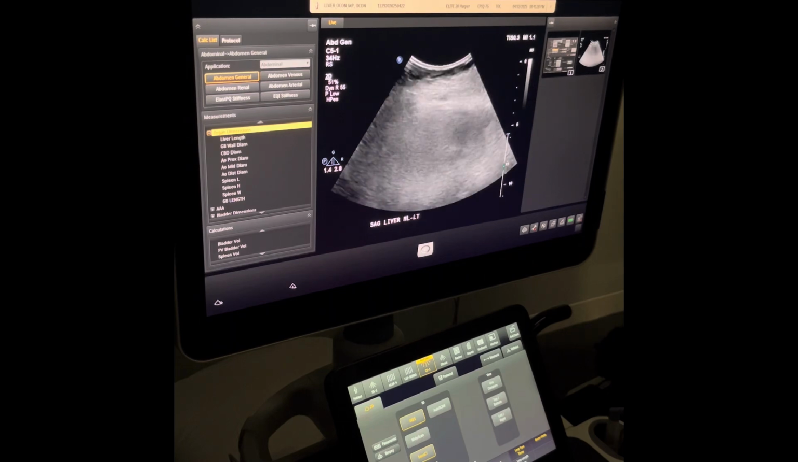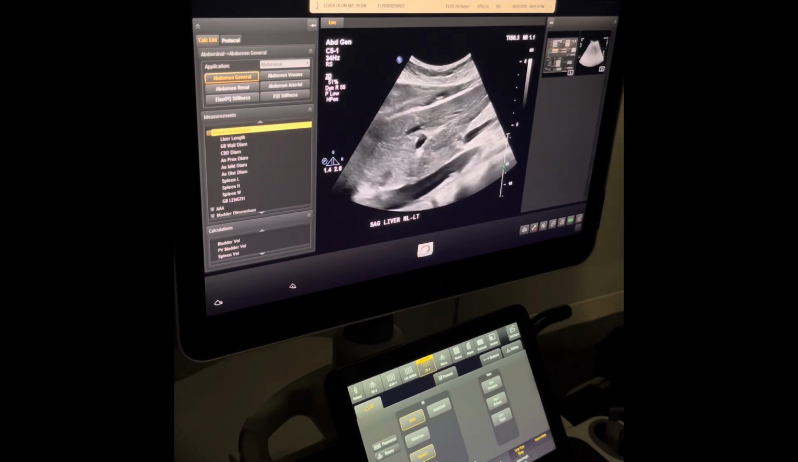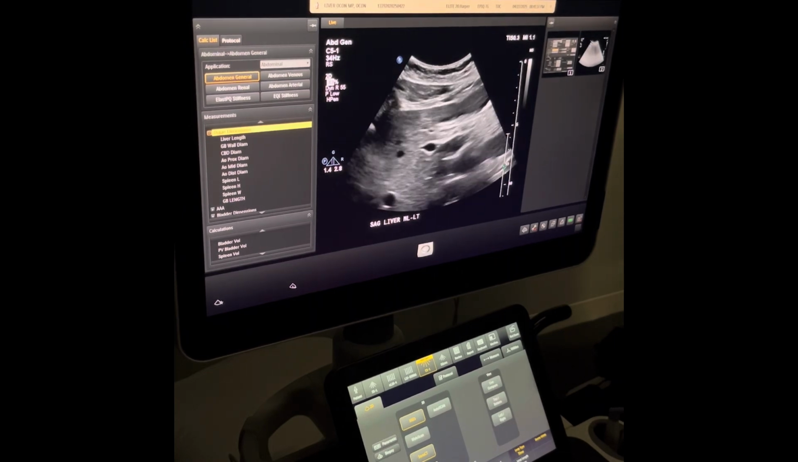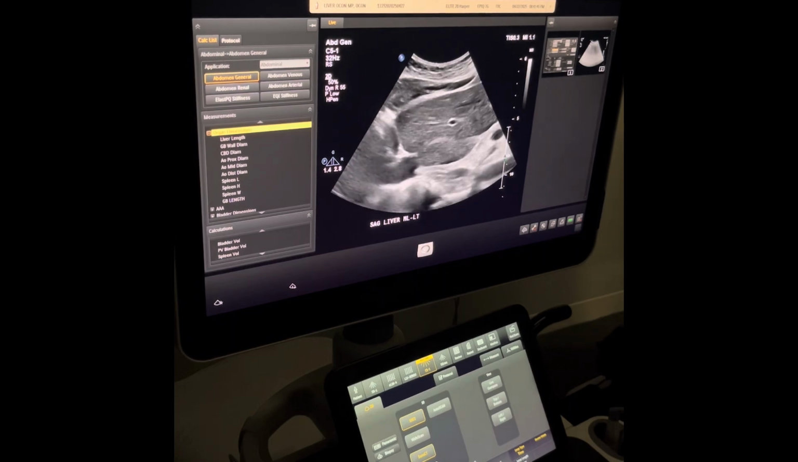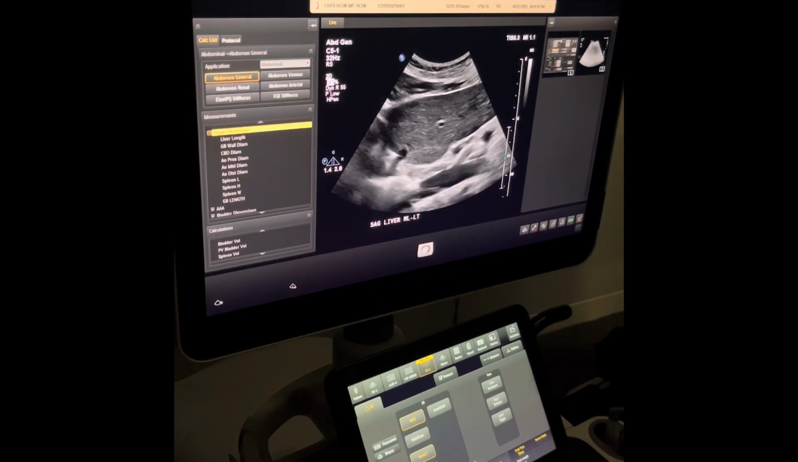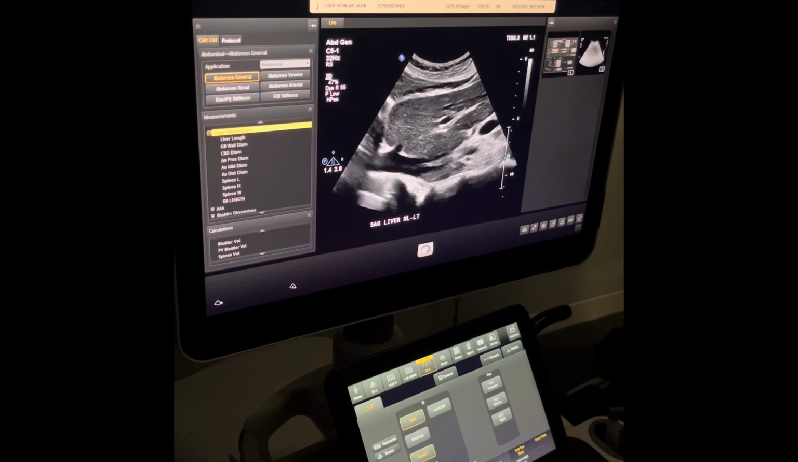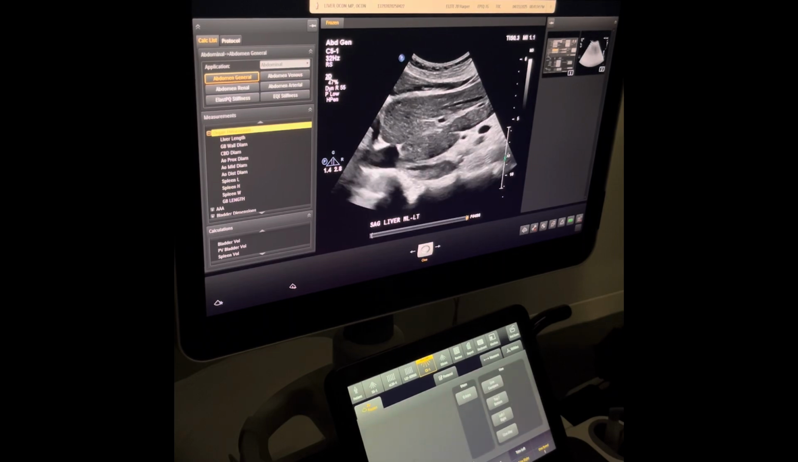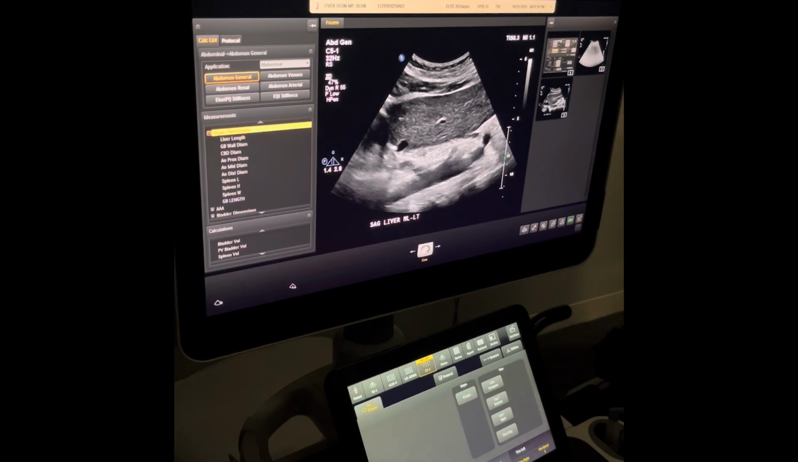Okay, good. Breathe. So now I'm going to begin my actual images. So just as I was during my sweeps, I'm starting midline. I'll have her take a deep breath in and hold. Starting at the level of the caudate lobe. And then sweeping out to about the level of the